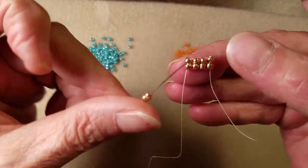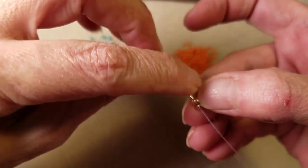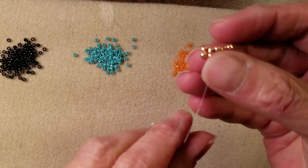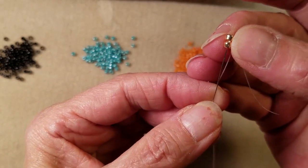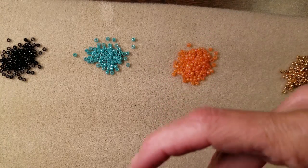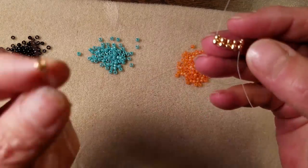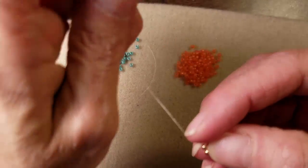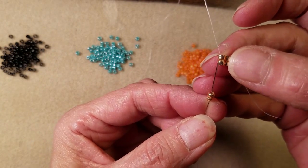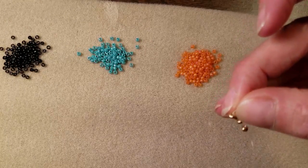So I've got 2 beads on my needle. My working thread is at the bottom now, so that lets me know I need to pass through from top to bottom on those previous beads, then step up from bottom to top through my 2 new beads. And now I'm going to add my last 2, and this will be my 6th set. So I'm exiting from the top now. So once I pick up my 2 beads, I'm going to go through those beads again from the bottom to the top,